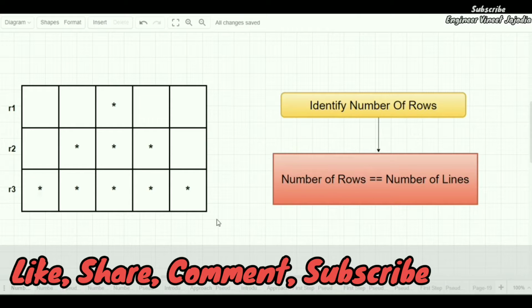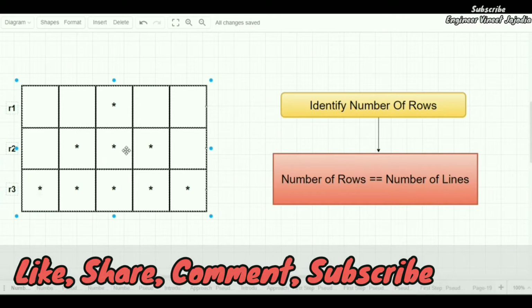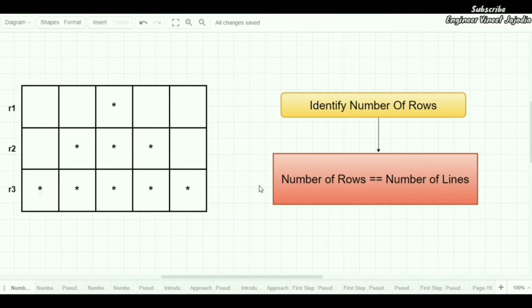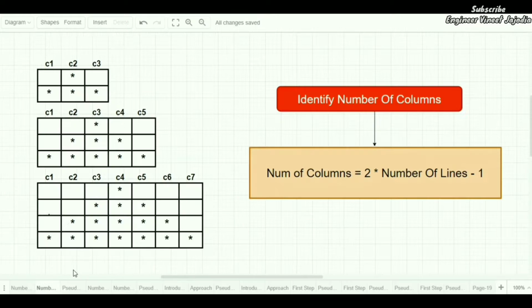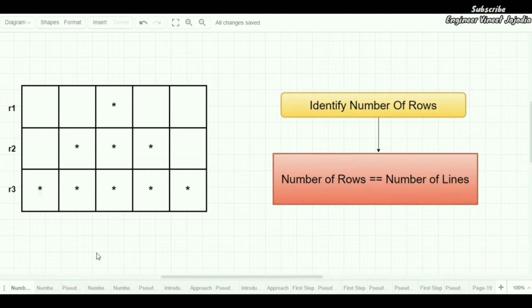In this video, we are going to write a program for this kind of star pattern. We are going to follow similar structures as we have been following in the previous videos to solve the star pattern codes. We are going to see how many rows there are, how many columns there are, and what the pseudocode of a particular star pattern is. But for this, the coding is going to be a bit different.